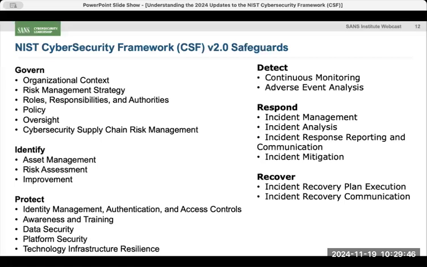Even though there are more categories, one of the things that NIST did between version 1.1 and version 2 is they actually deleted more safeguard statements than they added. This has been a trend that I've seen in quite a few of the larger standards bodies that are out there. It's almost like they're moving towards simplification. We've seen this with the CIS controls going into version 8 and then later version 8.1. We've seen NIST with their 2.0 and a couple others as well.